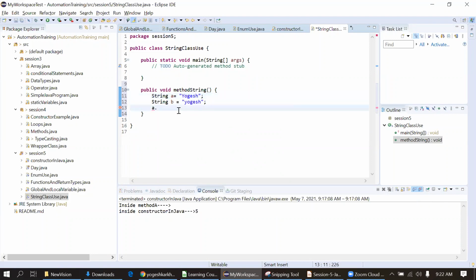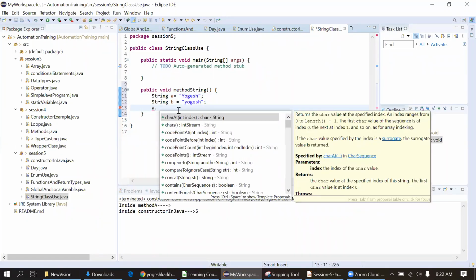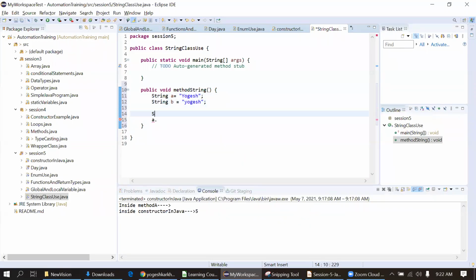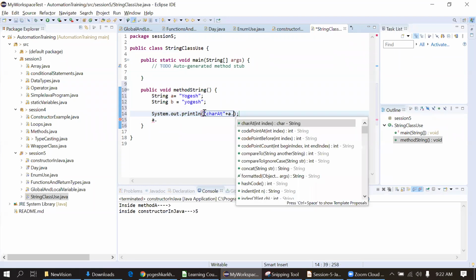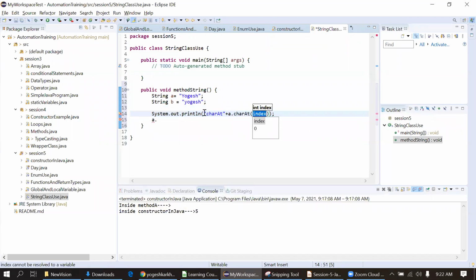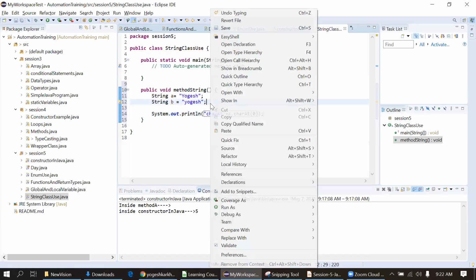I'll use the sysout statement to get more clarity. Type a dot charAt, and I will hard code the value, charAt(0), and print it.